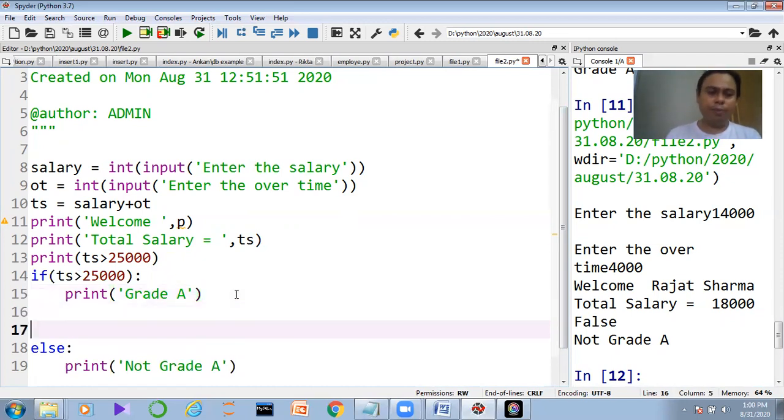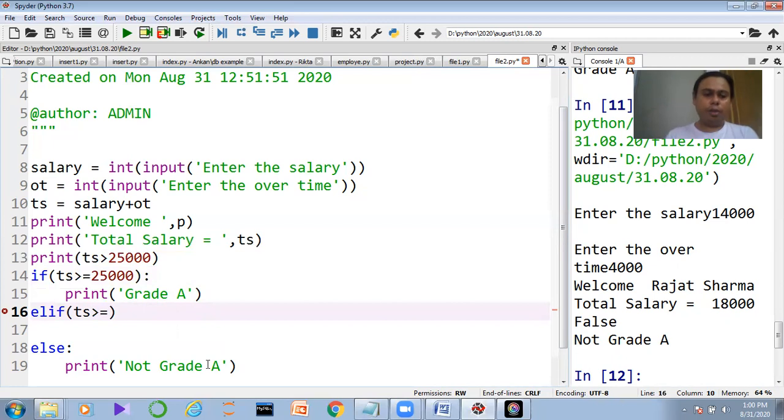So here what I am defining, here I can define elif. If the total salary, here I am making the total salary greater than 25,000. So greater than equal, just make it greater than equal. So here I am writing total salary greater than equal to 15,000, and total salary less than 25,000 here.